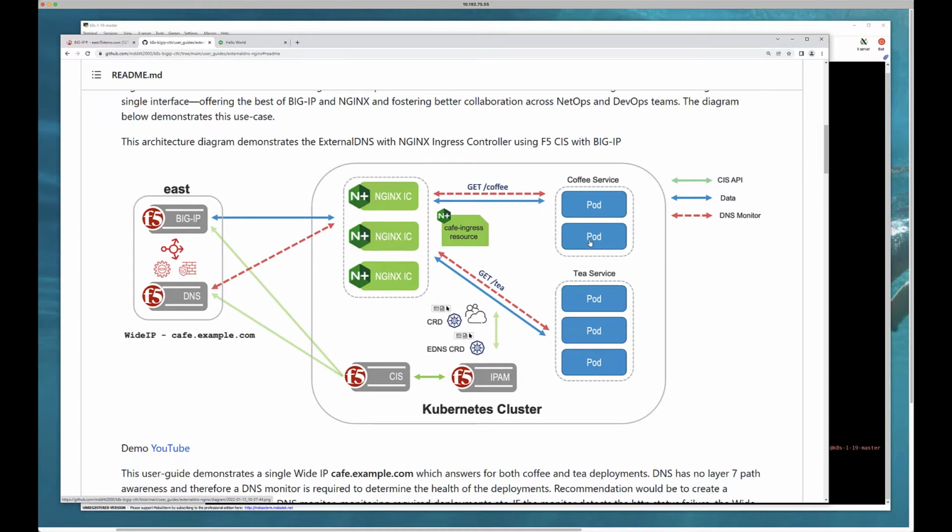But what's really cool is that when I configure this DNS service for cafe.example.com and I monitor these services, if these services go down, we will take the wide IP down and we will not serve that A record, right? And so that's actually kind of cool. And that's all configured through DNS. So let's take a look first at the